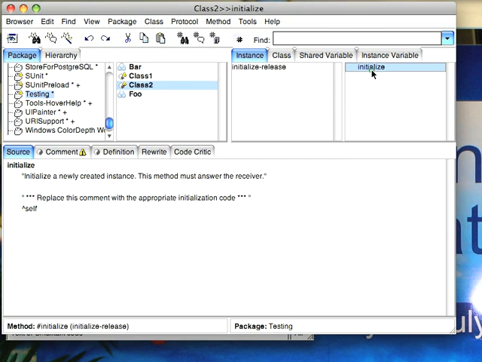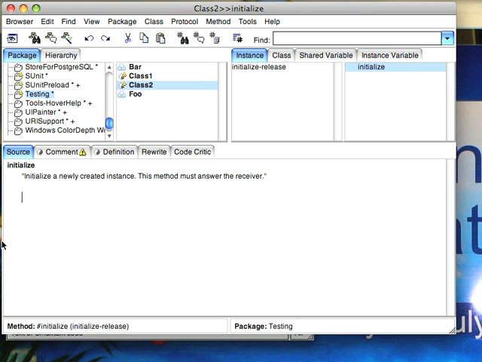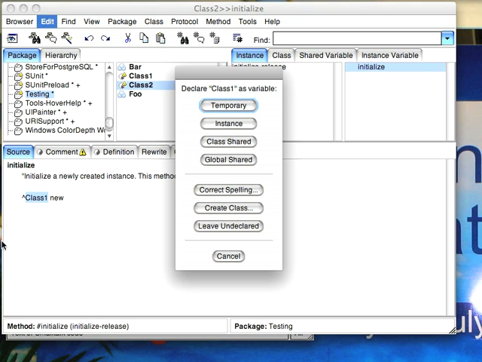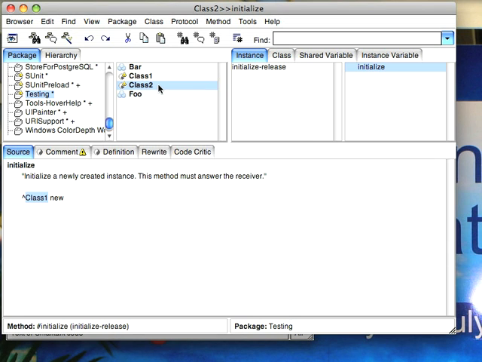Let's go over here to initialize though, and we'll add some not terribly useful code, but it'll be explanatory of something. We'll try to return class 1 new, so a new instance of class 1 from this. Try to compile it, and you'll notice it says I have no idea what that is. And the reason is these two namespaces are not visible to each other. I can solve this problem one of two ways. I can either fully detail the namespace, so I can say, well, I want that to be foo.class1, and now